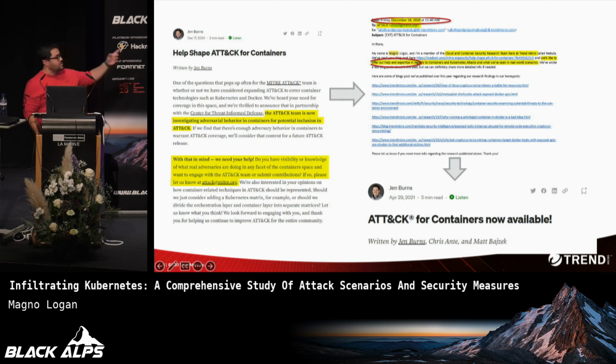So we reached out to MITRE the next day, December 18th, and we provided them with some links and also data from our honeypots, because prior to that, we had deployed Docker and Kubernetes honeypots and collected a lot of data around that.